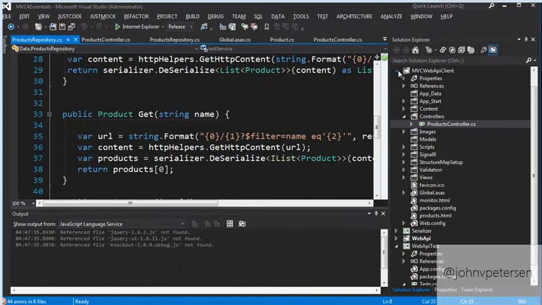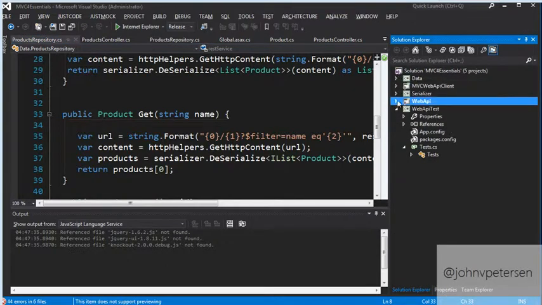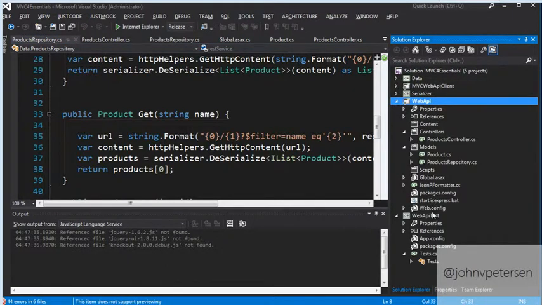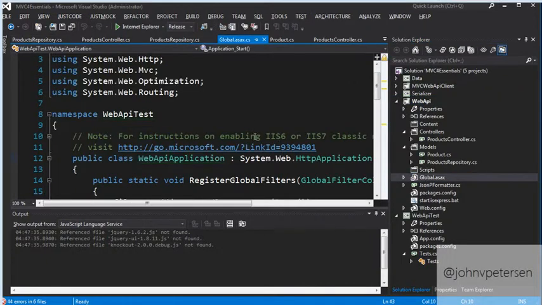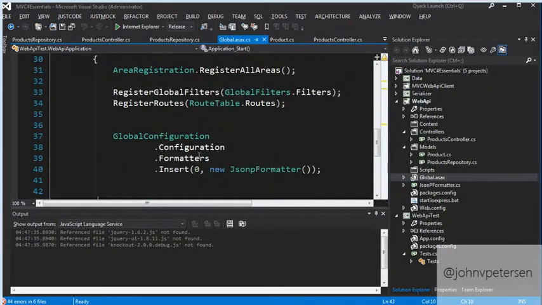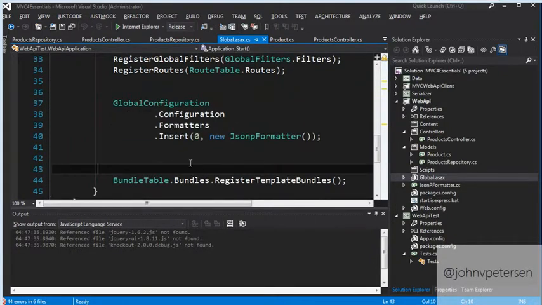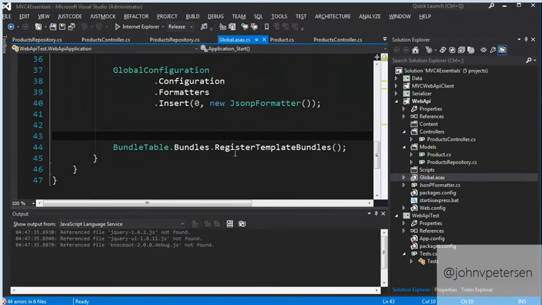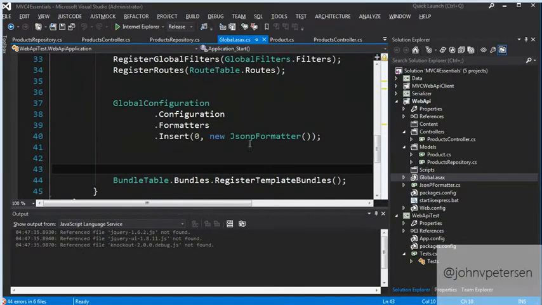If we go back over to the Web API and we go to the global ASAX and we go down under application start, I have a global configuration. I have a JSONP formatter in here.